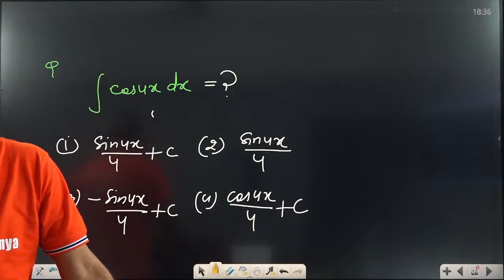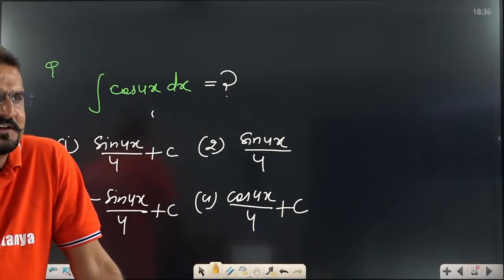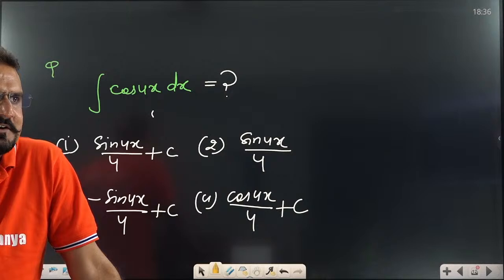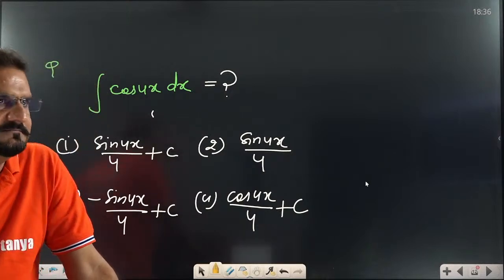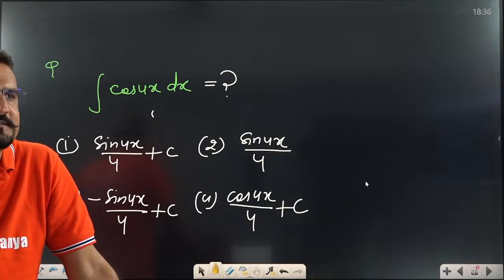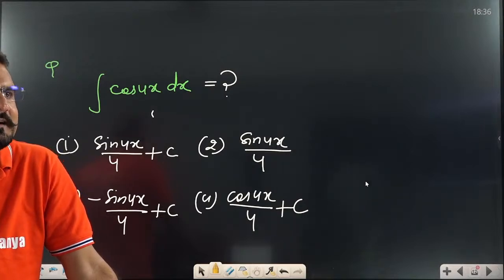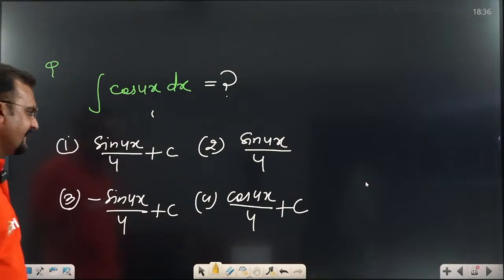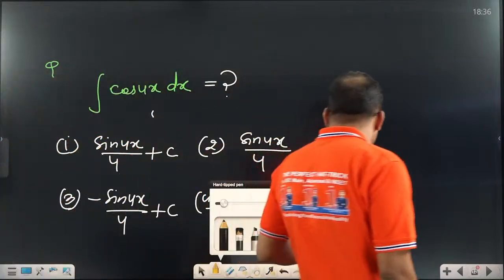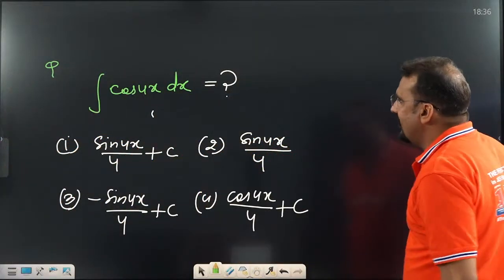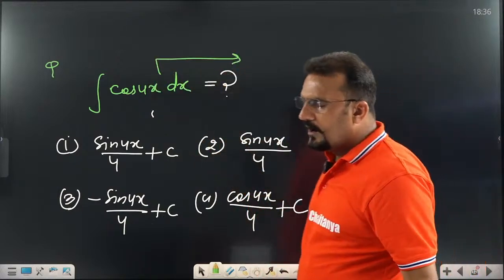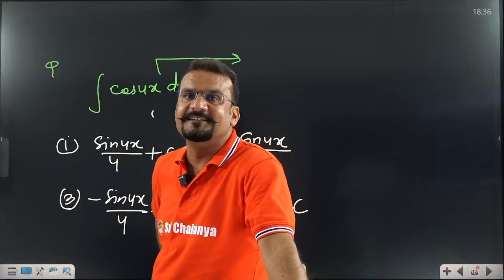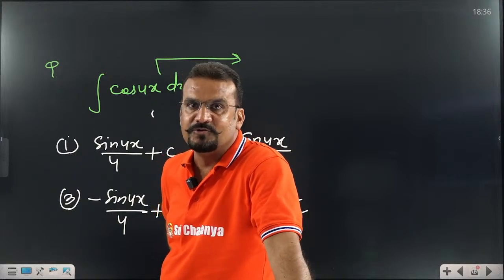Very good, and the comment box should be fired with the right option so that I can get motivated by your answers. See, most of the students are right. Still some students are confused. That is not confusion, yes, the question is like that. Only some standard question is there. Yes, what is the answer? How to do this question? Sir, we know cos is the differentiation of minus sine. I already told you, don't be confused.